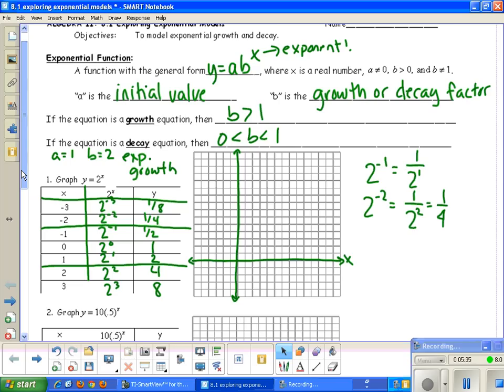So for this, my values of y, as I go in the positive direction, are going up very rapidly. So I'm going to go by just ones on my graph right now. So 1, 2, 3, 4, 5, 6, 7, 8, 9, and I'll make this 10. So this would be 15. Okay, so if we graph this, we have the point (0, 1),